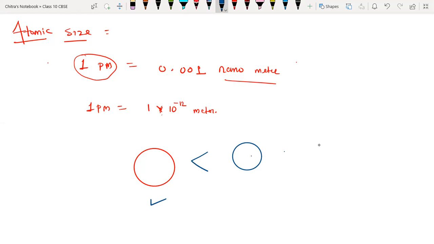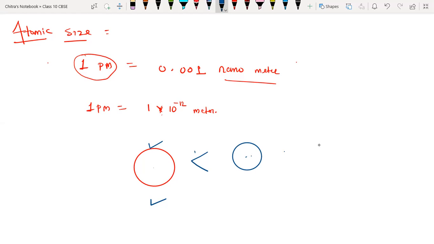Sir, we cannot say, since it's not clear that the radius of the red one is much larger than the radius of the blue one. Yes, we cannot say that, because we don't know the radius. Probably this red one is closer to us, that's why it appears large, and the blue one is very far from us, but it is quite a bit larger than the red one. It may be possible, the possibility is there.